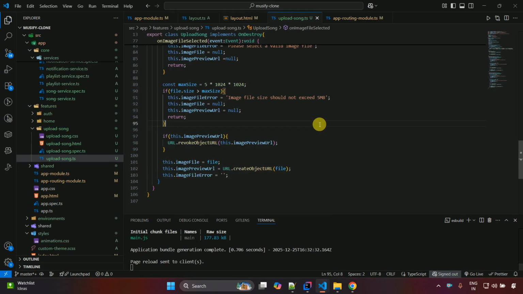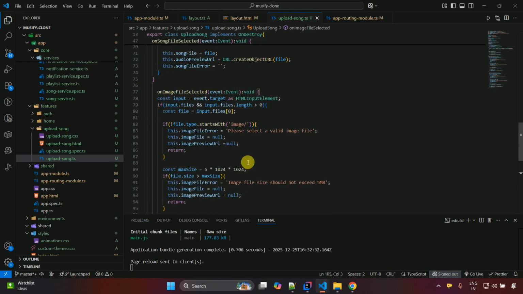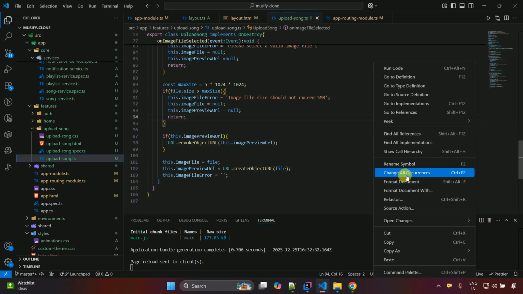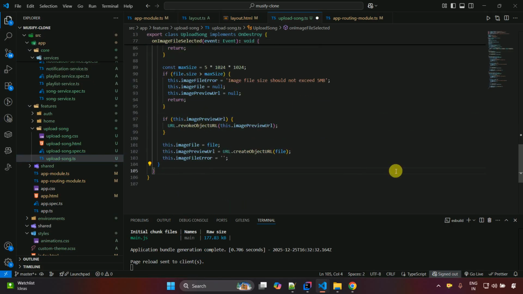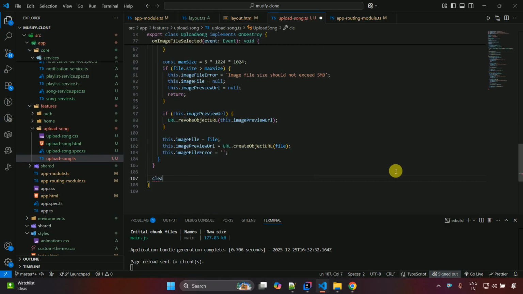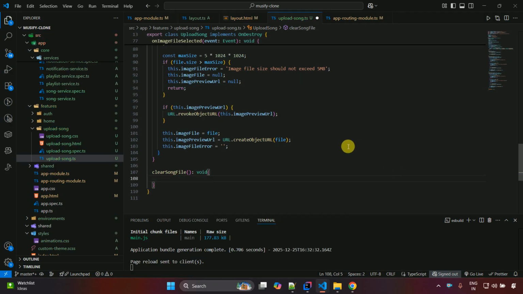Just save this. And after this one, on this particular one, let me format this. Okay, outside of this particular one, we have to write the logic to clear a song, right? So song is already selected, and we are already previewing it, and at that time we have to allow users to clear the file, right? So for that we are going to write the logic and void. So okay, so this is to clear the